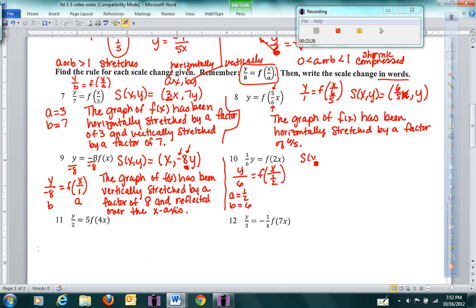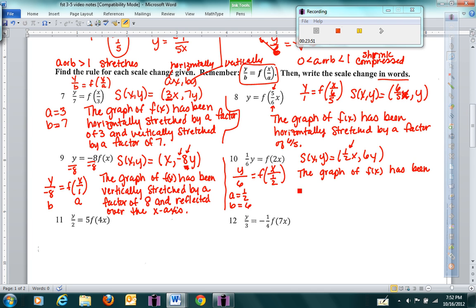The rule is 1/2 x, comma, 6y. Okay, so that means the graph of f of x has been, okay, now this is